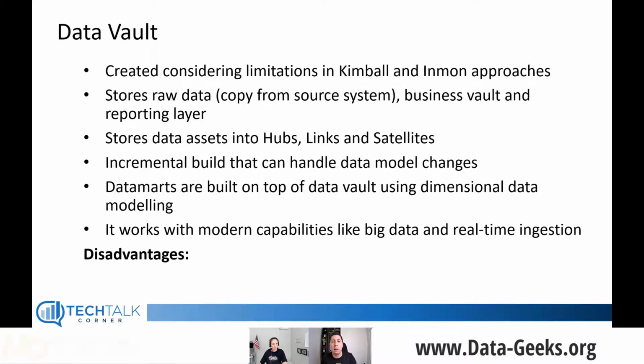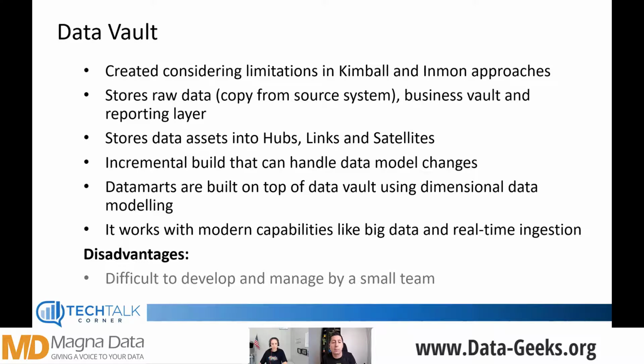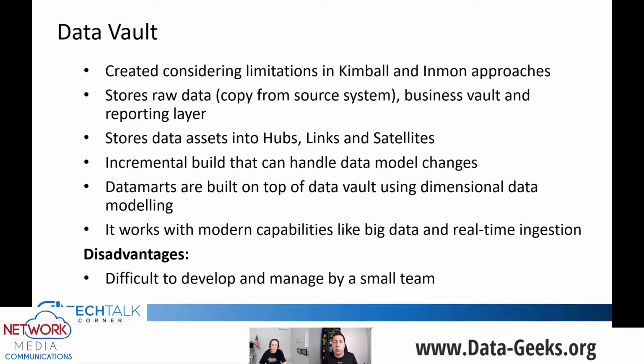The main disadvantage that I'm going to highlight here is that it is difficult to develop and manage by a small team. I'm based in Brisbane, Australia, which means that many of the organizations in Australia are not medium or big like in the USA, correct?